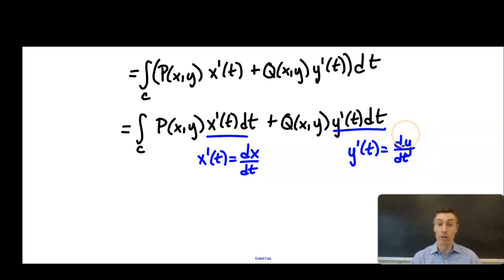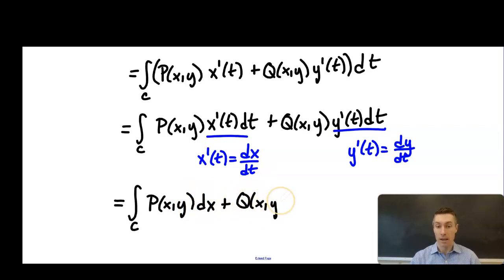So very similar to earlier in this video, dx then would be x prime of t dt. So we can write this as the integral along c of p of x y dx plus q of x y dy. And this is what we call differential form